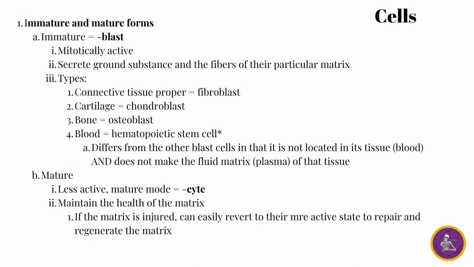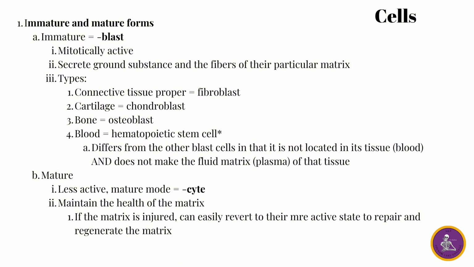Connective tissue cells come in immature and mature forms. Immature cells, called blasts, like fibroblasts, chondroblasts, and osteoblasts, are actively dividing and secreting the components of the extracellular matrix. Once they mature into cytes, like chondrocytes or osteocytes, they shift to a maintenance role, keeping the tissue healthy and